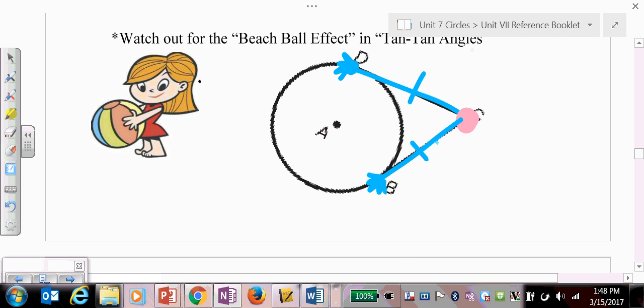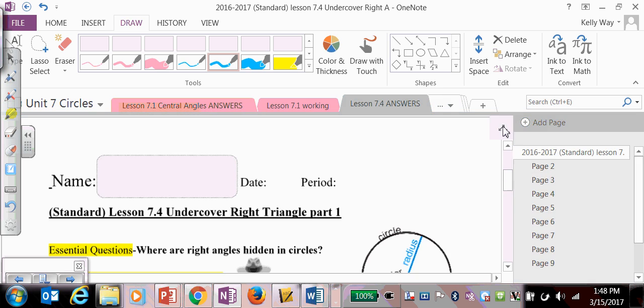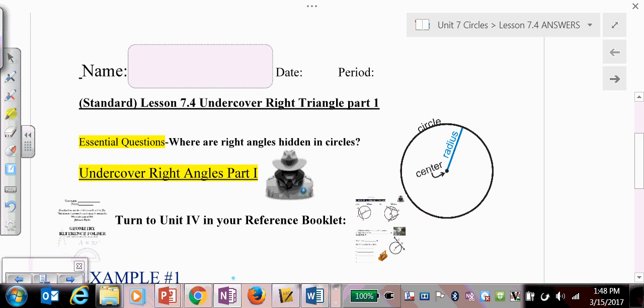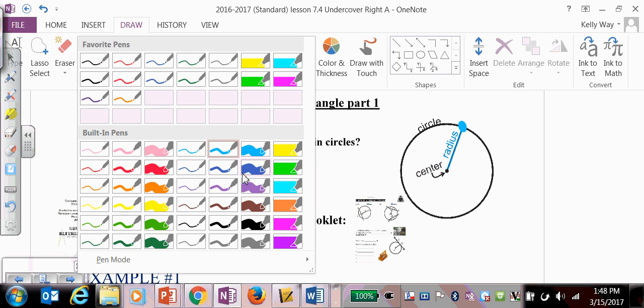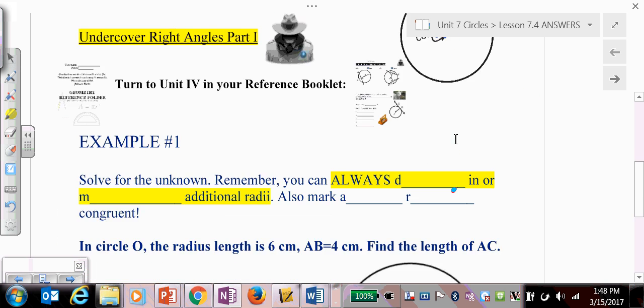Go to the front of today's notes. This is very easy. Front of today's notes. Ready? We're going to sing one more time right there. Let's trace and sing at the same time. If tangent to a radius, if tangent to a radius, right angle at the edge. Got it? Now, using that,